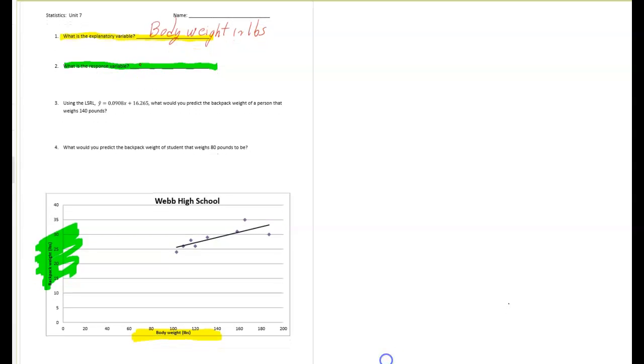If you look at this problem, which is number 1 from class, I want you to identify the explanatory variable and the response variable. And the intent of this question is for you to remember that the explanatory variable is on the horizontal axis, which in this case is body weight, and the response variable is on the vertical axis, which in this case is backpack weight. So the explanatory variable is body weight in pounds, and the response variable is the person's backpack weight